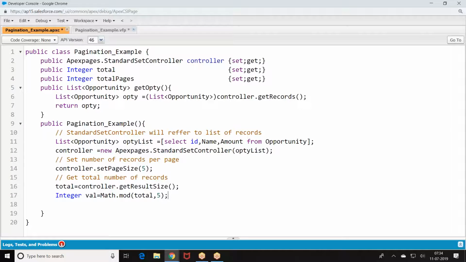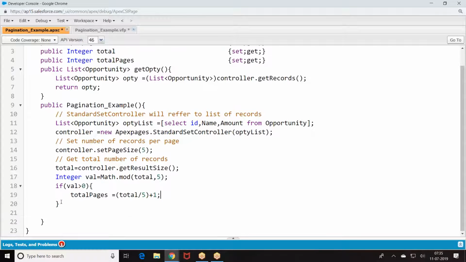If we divide total number of records by 5, if the remainder is greater than 0, then total page is equal to total by 5 plus 1.